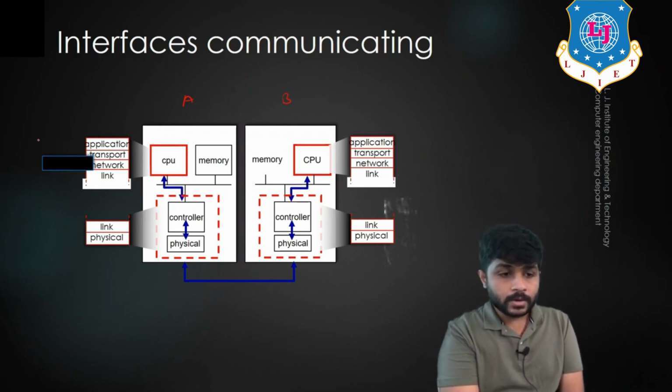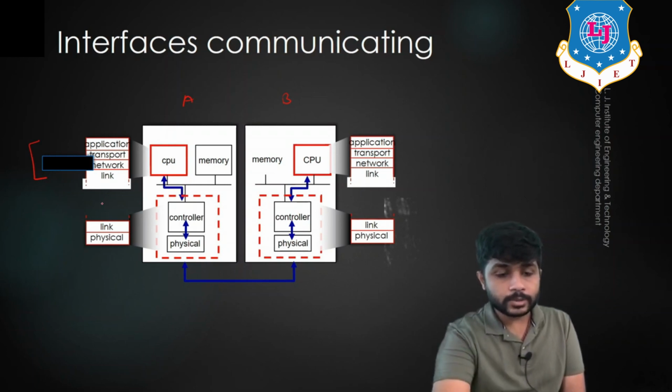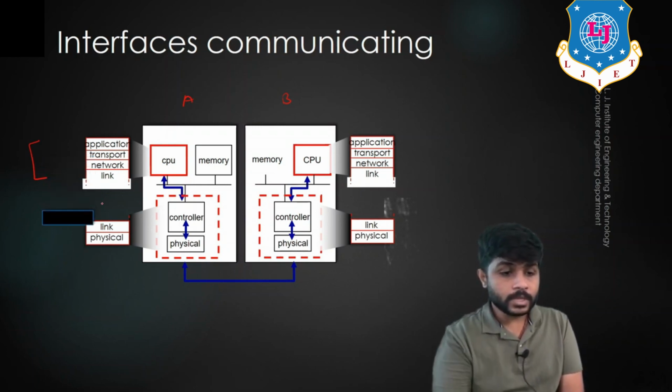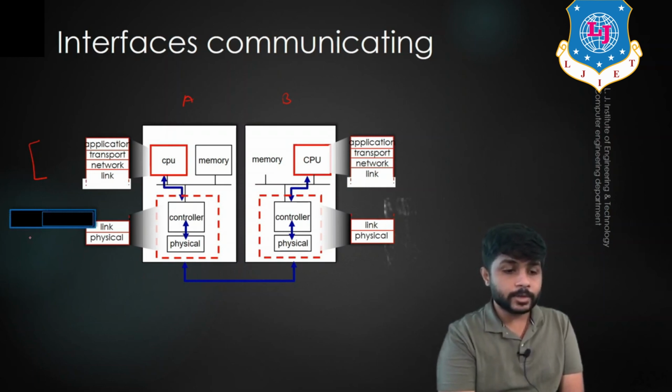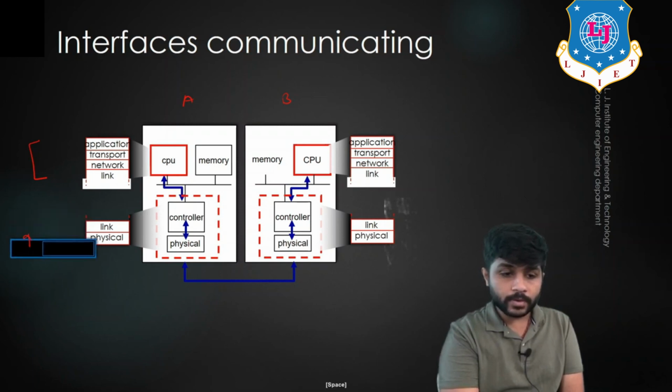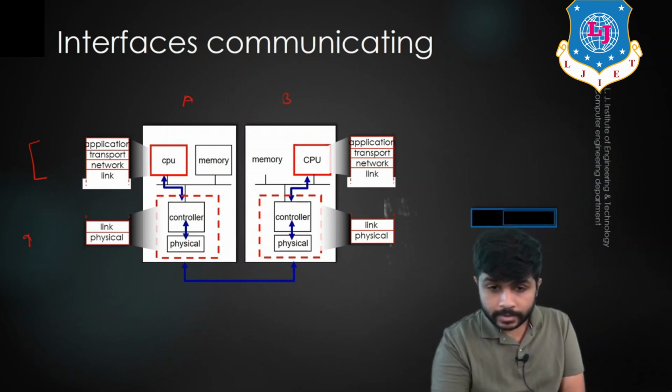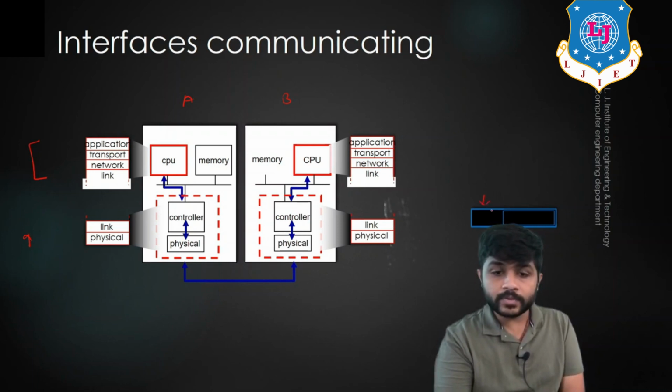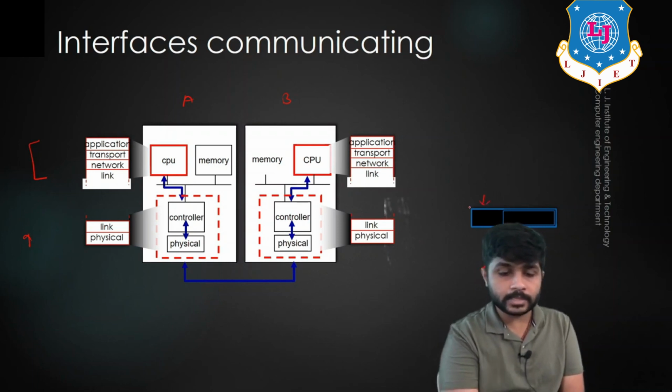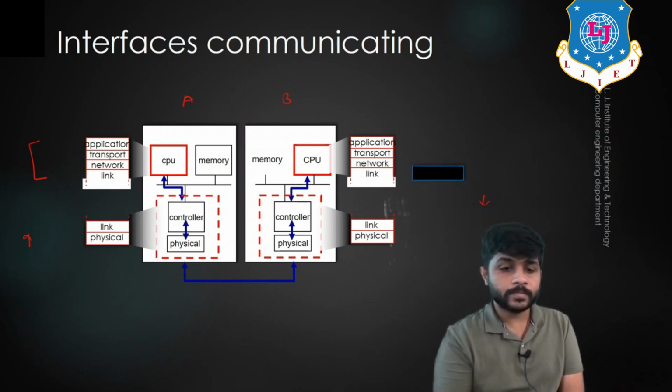Now the packet which is present in the network layer will be passed to the data link layer. You can see that the packet is passed to the data link layer and it is encapsulated in the frame. Now this frame will be forwarded to the receiver, and the data link layer at the receiver side will see the information which is present in the frame, and this frame will be forwarded to the network